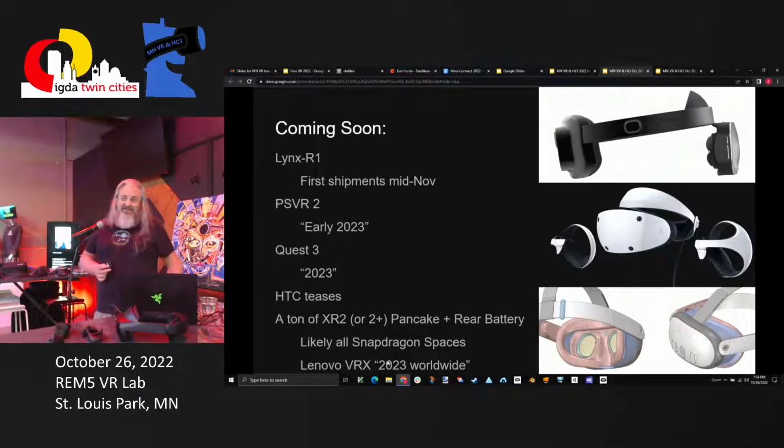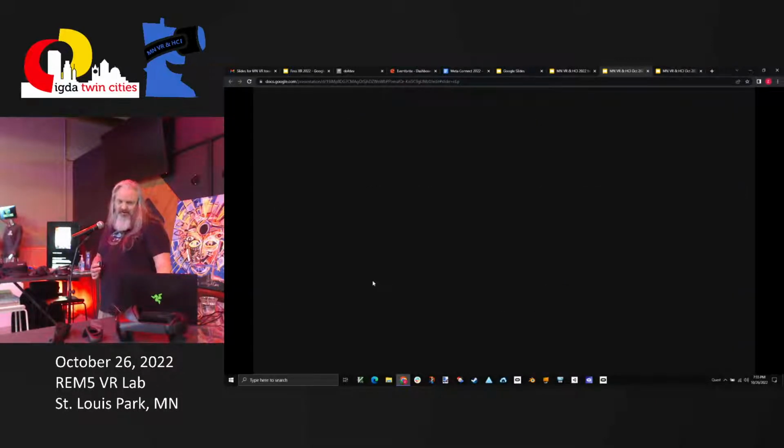And they did have their conference, and they did announce the specs, except for the price. So it's not cheap. So I would expect HTC to make that. They were actually the first to market with these pancake lenses, but then they did something kind of crazy, and that was the HTC Flow that you have to hook up to a phone to get any power. And yeah, that's it. So now we're gonna get Paul up here, who has or has not used a Quest